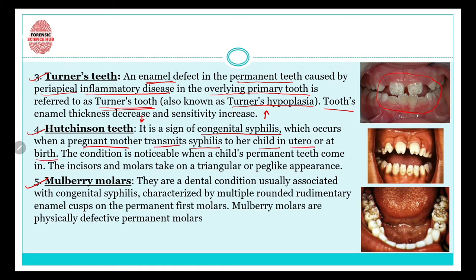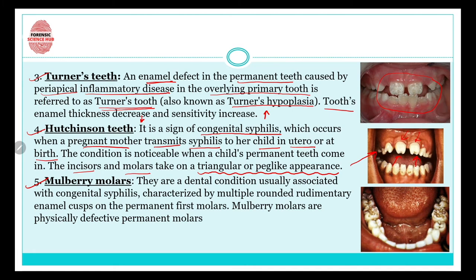So this will occur in a child when a mother transmits the syphilis to the child during pregnancy. The condition is noticeable when a child's permanent teeth come in. The incisors and molars take a triangular or peg-like appearance. If you look at this picture, you can clearly see that the incisors and the molars are peg-shaped or